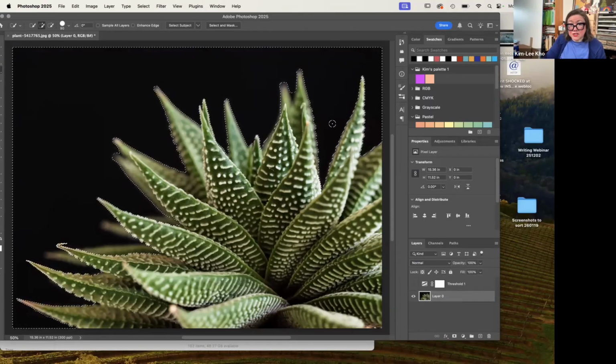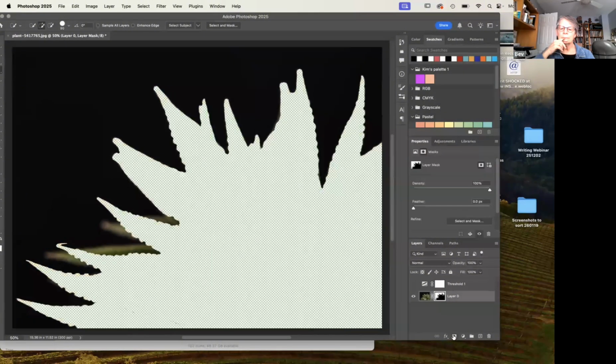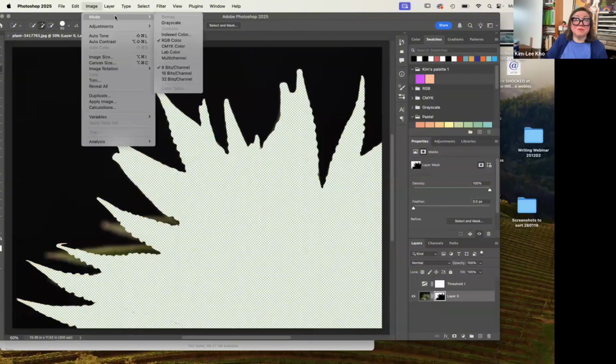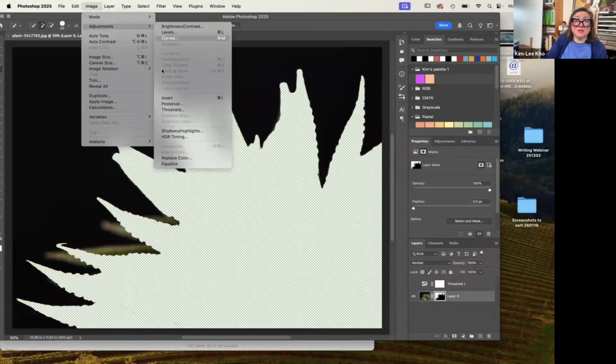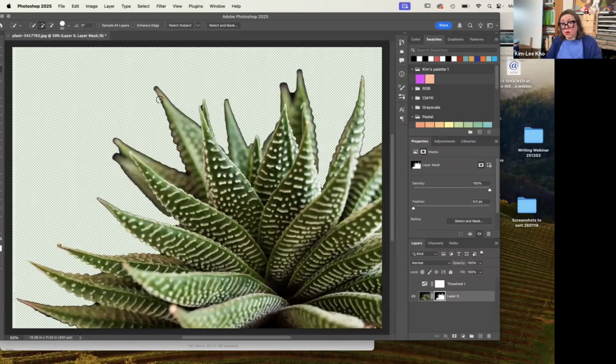So I've made my selection, and now I go down to the Japanese flag with the layer selected, or active. Look at that. It just makes that into a mask for me. Now, it happens to be the opposite of what I want. So what do I do? Image adjustments, invert. Or Command I, Command or Control I in Windows. And there we are. We've got the transparent,